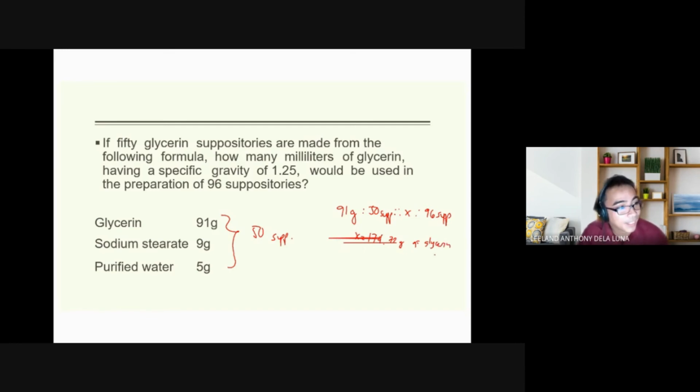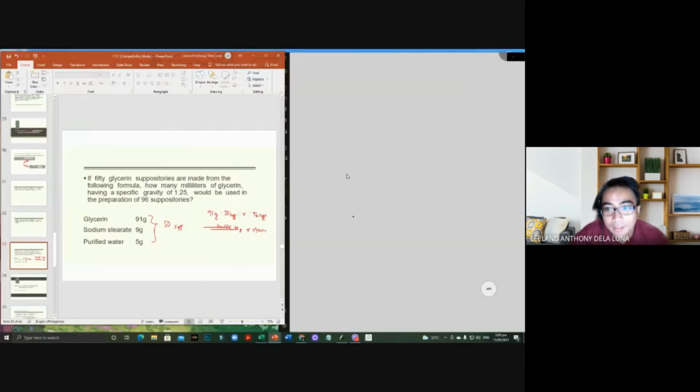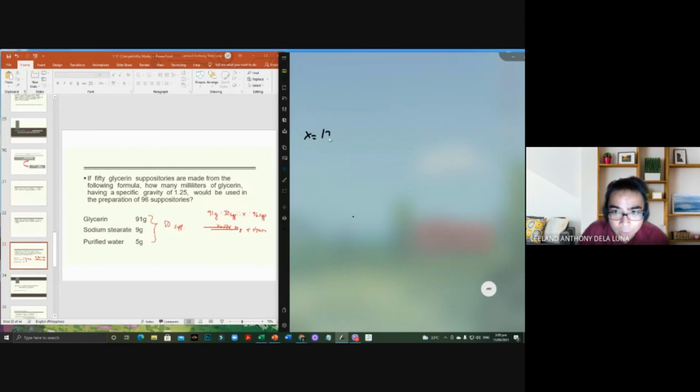Are we good? Nagets ba, class? Okay, yun. So, sorry babalik na lang ako dun. Okay, so dito tayo. So sabi natin, x equals 174.72 grams of glycerin. Eh di ba ang required natin, it should be in ml. Okay? So dahil meron naman tayong